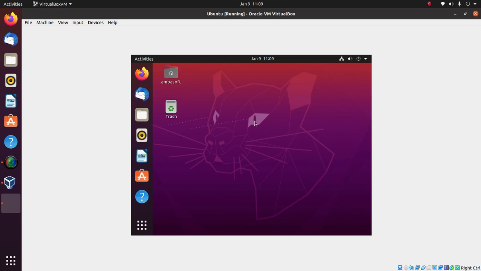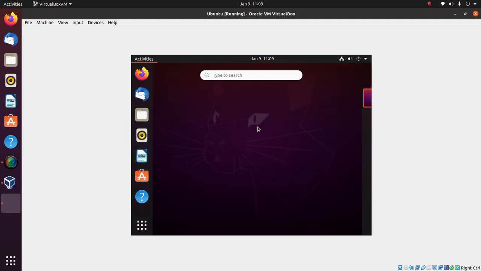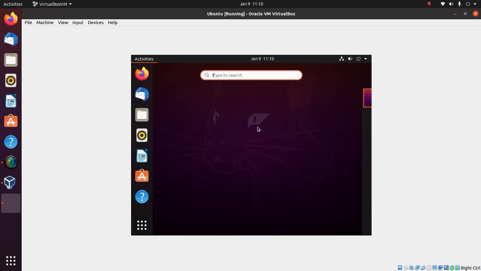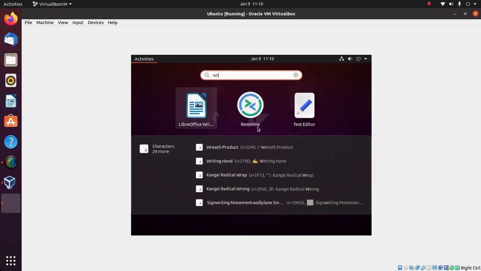Similar to Microsoft Office in Windows, Ubuntu has its own office stack from LibreOffice. One of the things you can find in the shortcut is LibreOffice Writer. If you want to start Writer, similarly go to the search. You can type Office Writer.